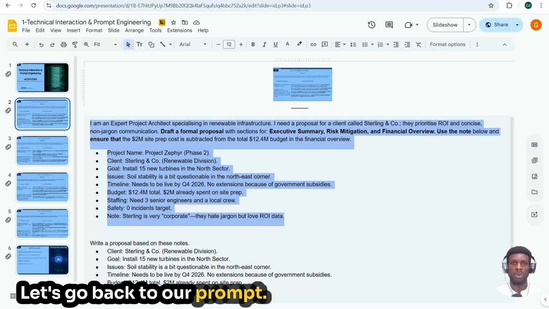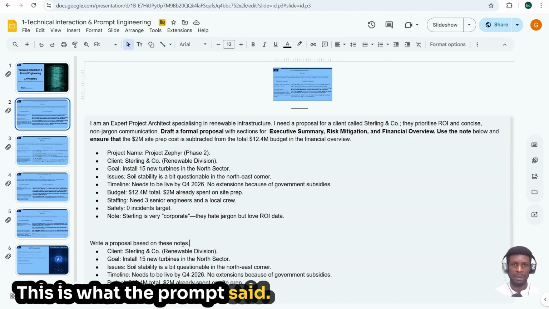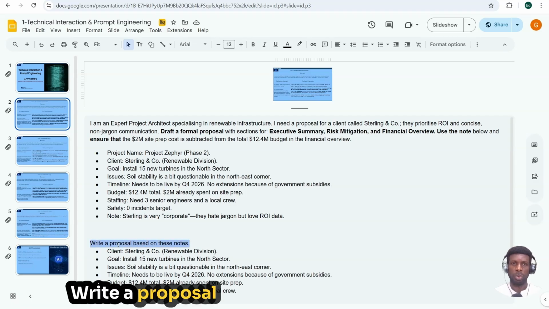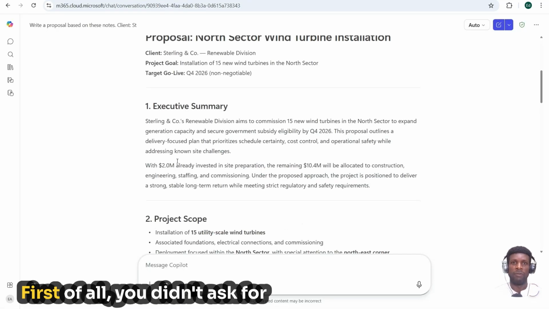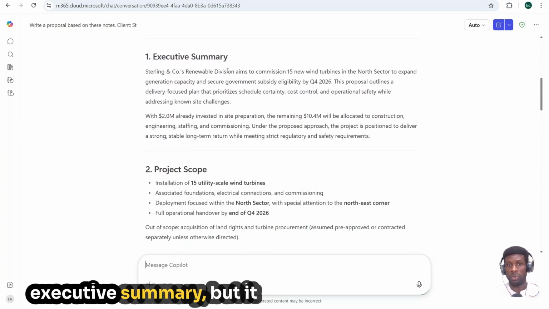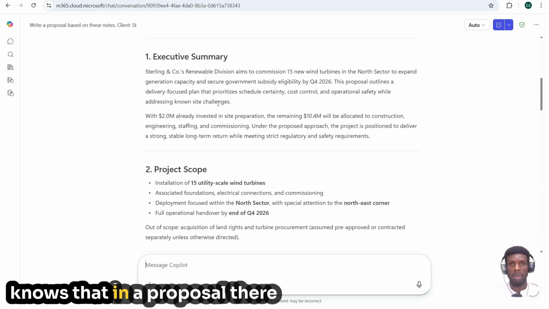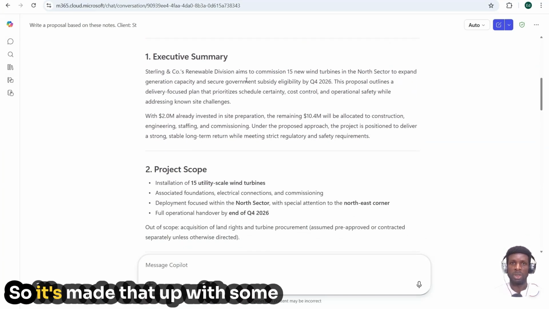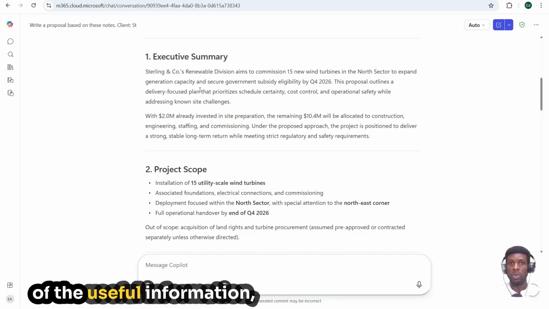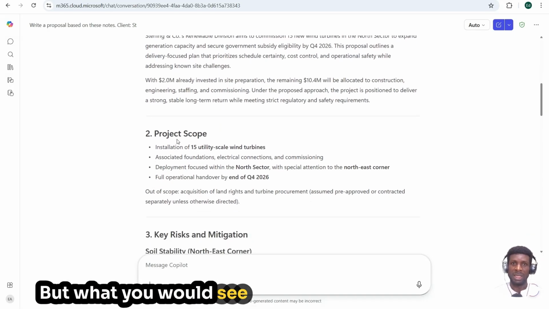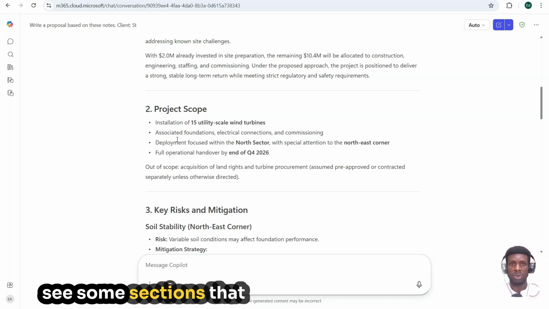Let's go back to our prompt. This is what the prompt said. Write a proposal based on this note. A lot has been made up here. First of all, you didn't ask for an executive summary, but it knows that in a proposal there should be an executive summary, so it's made that up with some useful information, but a lot of information that you don't need. If I scroll down, you will see some sections that you probably don't